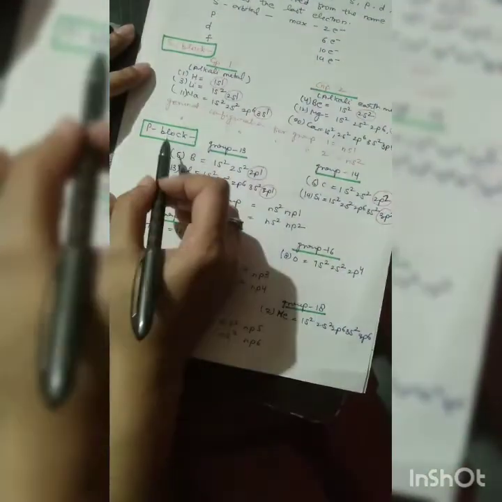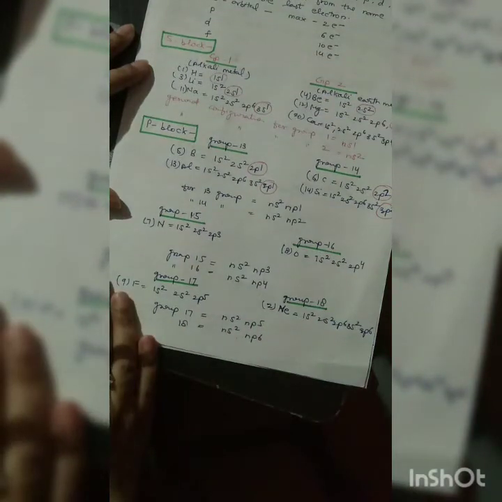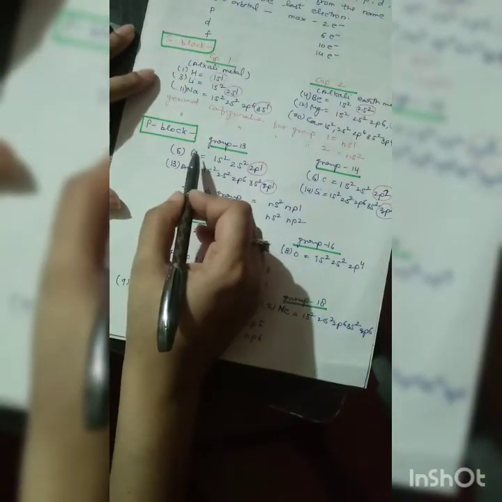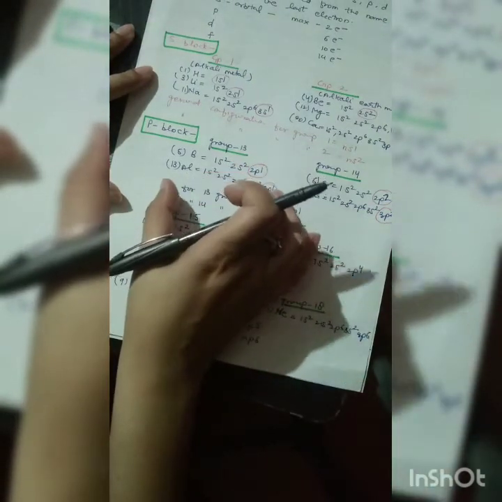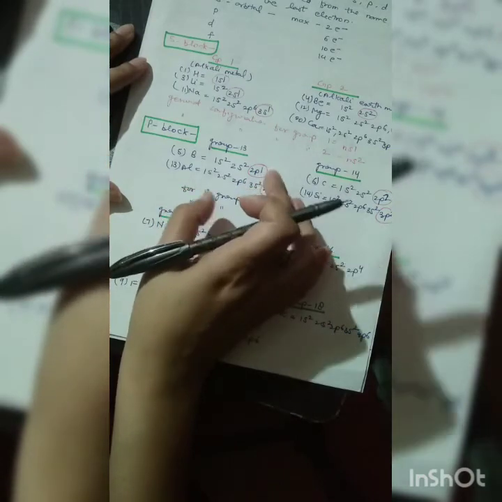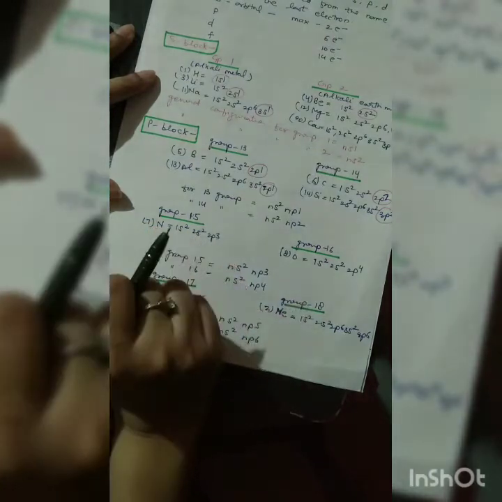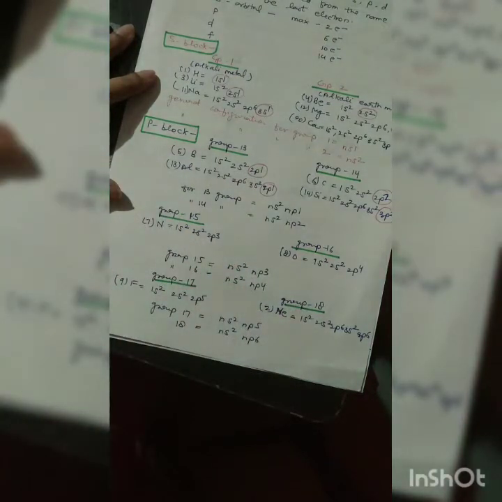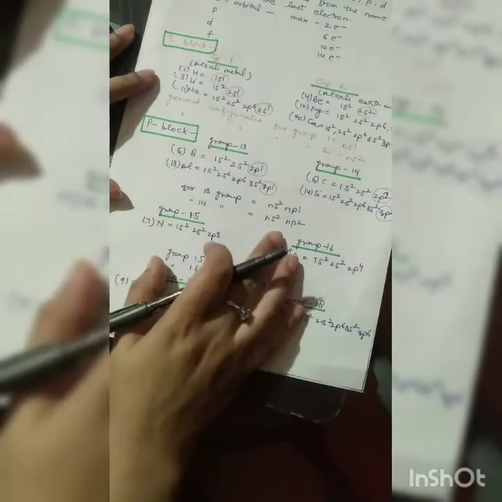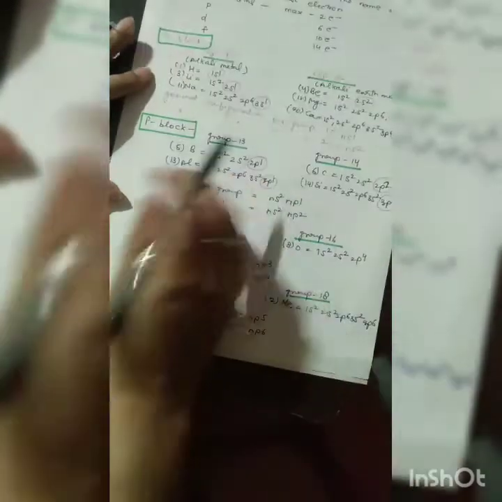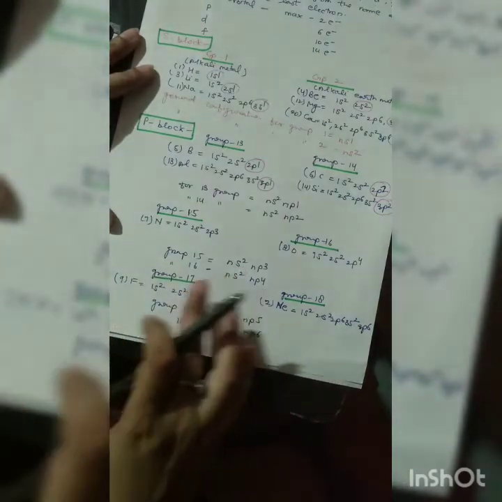Now we will go to the p block elements. Here groups 13, 14, 15, 16, 17 and 18 are there. So it is boron, aluminum, and so on, which means the last electron of this block of elements will go into the p orbital. Whether it is p1, p2, p3, p4, p5 or p6, it doesn't matter, but the last electron will go into the p orbital. So all these elements will be called the p block elements.